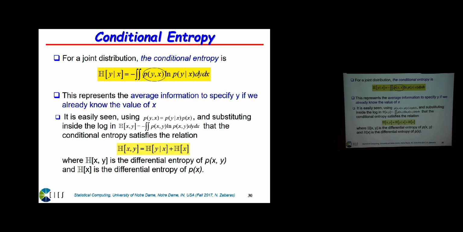So what I want to define is the conditional entropy of y given x. So basically, if x is given and you observe y, how much information does that give you? So if x is already given, having an observation of y, what information does it add, okay? And you notice I circle this to indicate that even though here we use the conditional distribution of y given x in the definition of entropy, you notice this is the joint distribution. You need this for the calculations basically to fit nicely together.